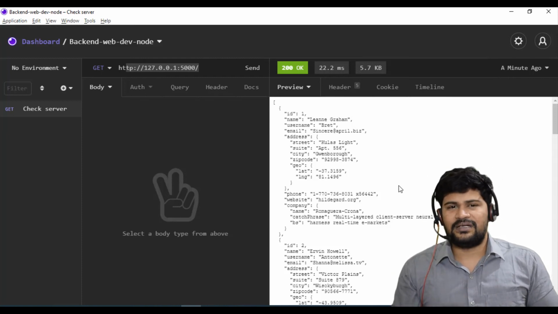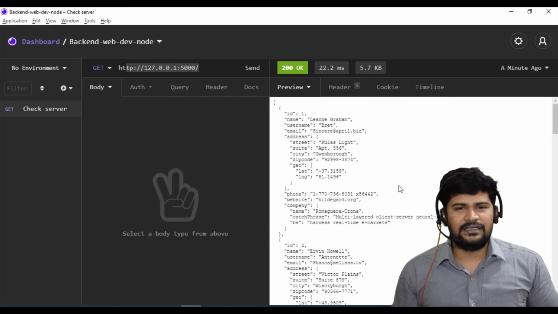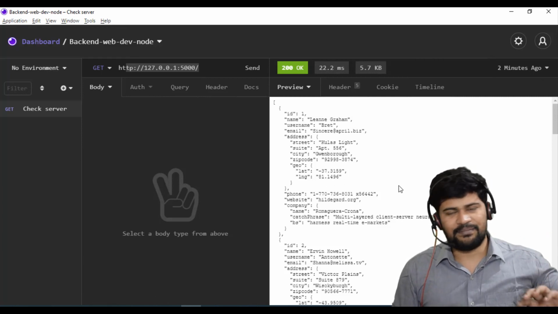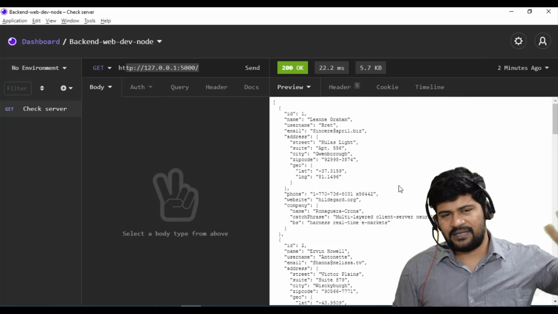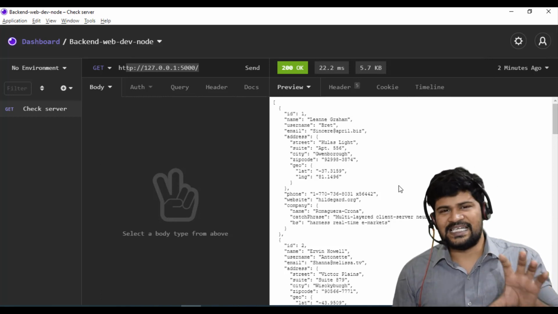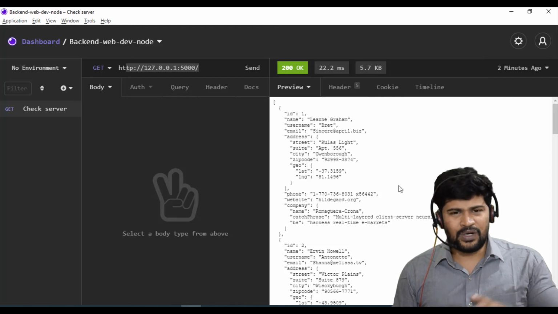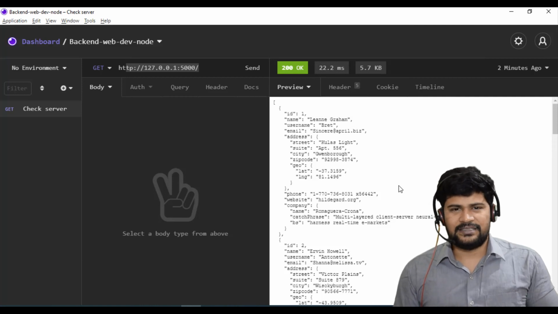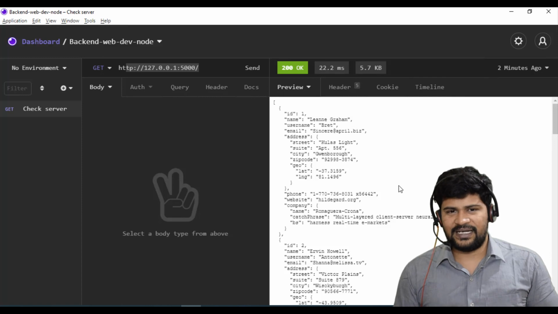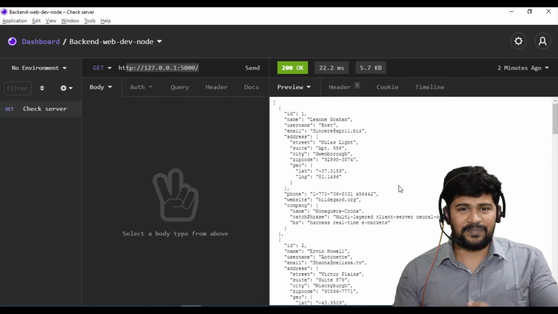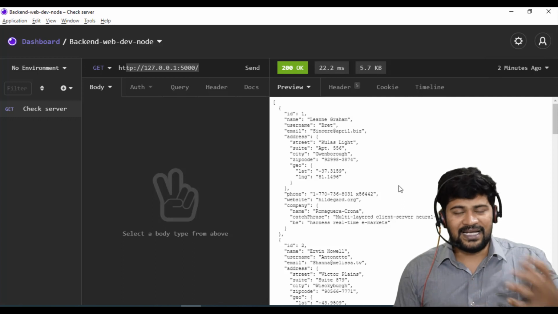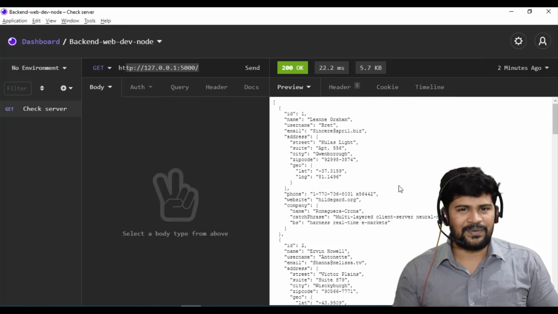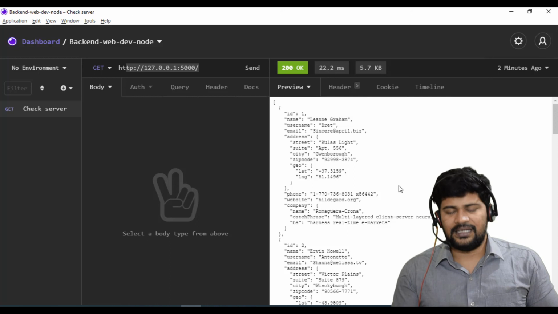And remember, if you are using React JS or Angular, any front-end library, those are pretty good at handling front-end things like bindings and authentication. Everything can be done in the front end. They only need data. So your Node.js or Express.js will provide data in this raw format. React.js or Angular will never expect data in an HTML format or a complete web page format, because everything can be done at the client side. So your server is just lightweight, just a data provider, which needs to send data in this type of format.